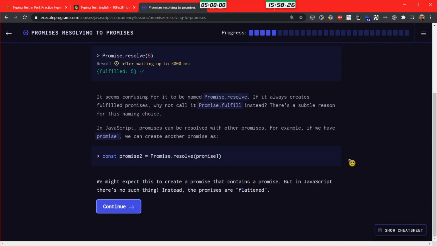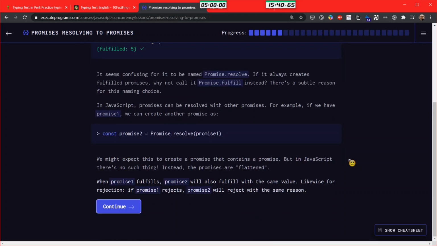Instead, the promises are flattened. They are flattened, huh? So that means it will be just one promise. If promise 1 fulfills, promise 2 will also fulfill with the same value. If promise 1 rejects, promise 2 will reject with the same reason.